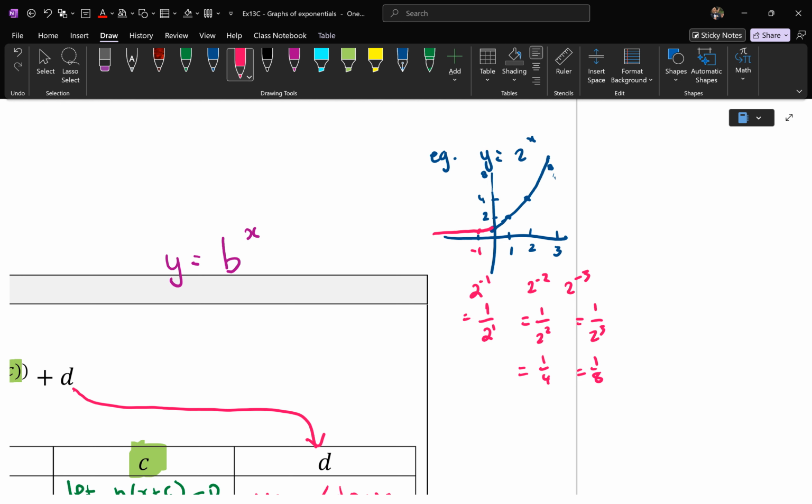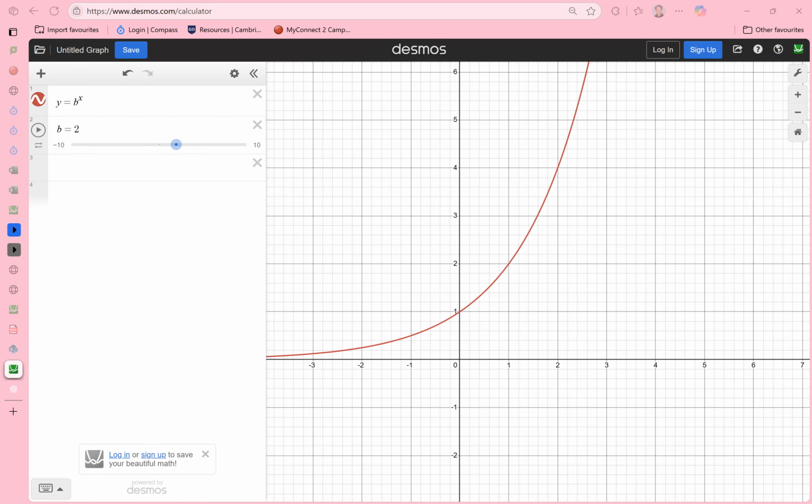It gets smaller, and what's happening is the rate is the inverse of what you were doing. So you were saying double when it's positive, but then when you go negative, it's halving. If it was a rate of 3, it would be tripling, and then 1/3 in the negative direction. Make sense? Okay, so far, what have I shown you? That's b. So I can change b, and look what happens when I change b. It just changes the rate. So if I made it 3,